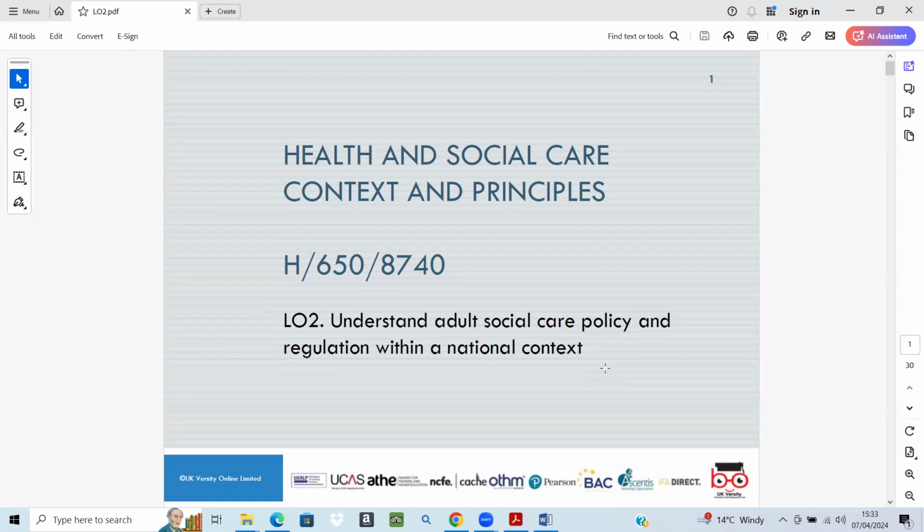Then we have a few pieces of legislation in the health and social care context. For example, we have the Health and Care Act 2022 and the Care Act 2014, which provides the legal framework for adult social care, outlining the rights and responsibilities of all the parties involved. We always have a local authority in the United Kingdom, and they have their responsibilities as well. Local authorities assess individual need and ensure that local services meet national standards. We all have to follow the national standards as well.